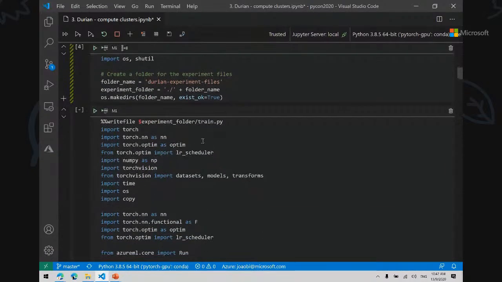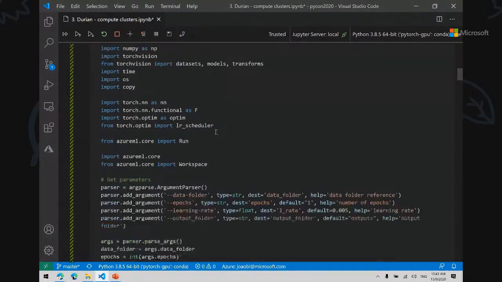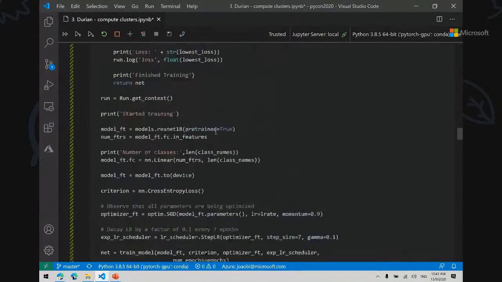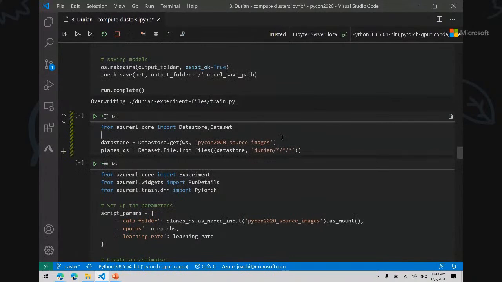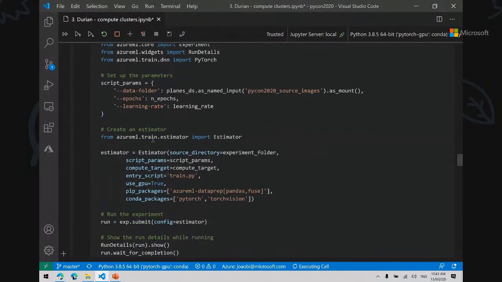This is the first time you'll see something different, which is I will deploy locally on each cluster. Automatically behind the scenes, it will deploy this training file to each cluster. And basically it's just doing what we've done before in terms of training, the same thing. Then I'm going to connect to the remote data store. And then what I have here is I'm building an estimator.